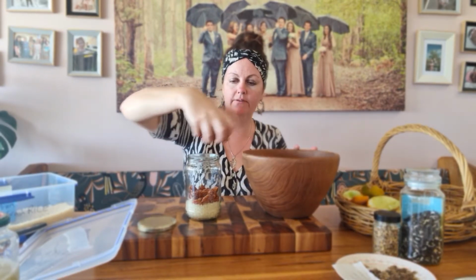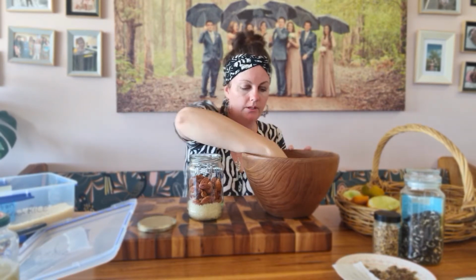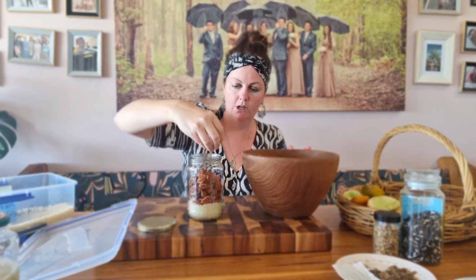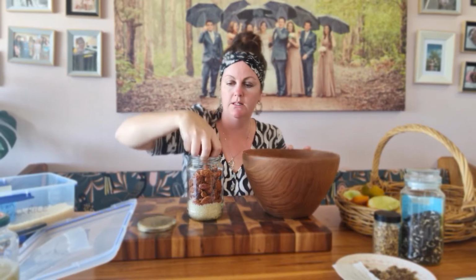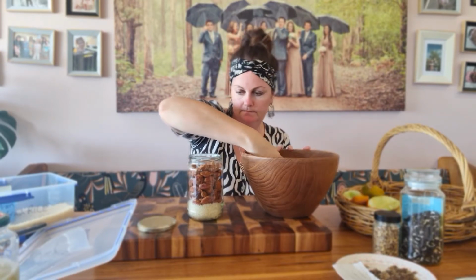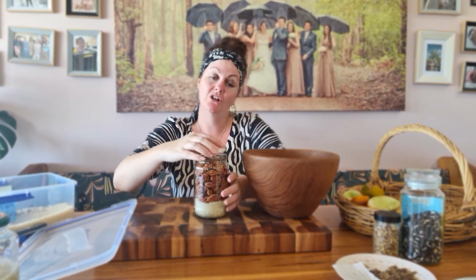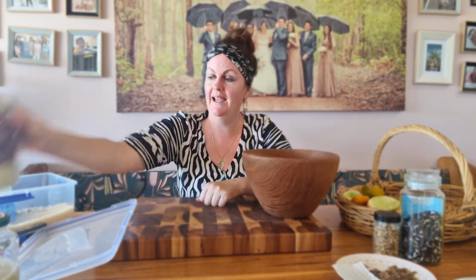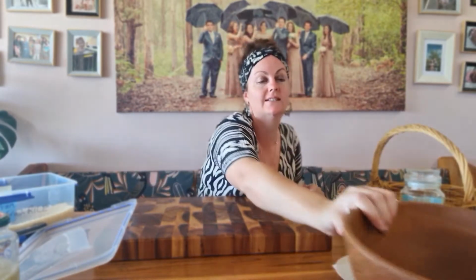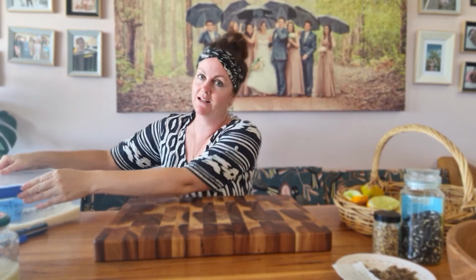And hopefully, if they are still just the slightest bit damp, then that stops them from going moldy, because I need to put the lid on them now and get them into storage. Hopefully, when I'm ready, I can grow myself a delicious peach tree just like she did. Another one done. Okay, we're getting some seeds sorted today. Let's have a look at our next one,